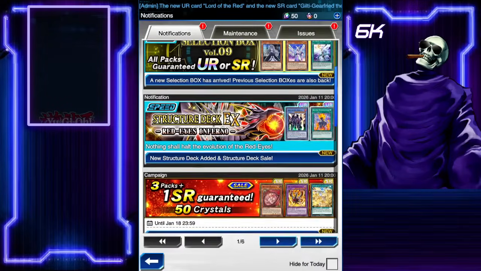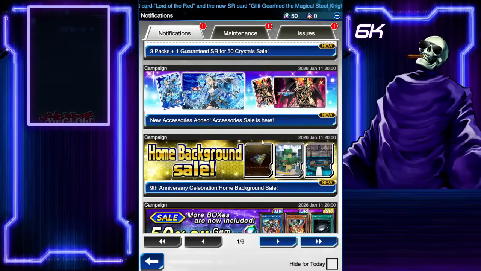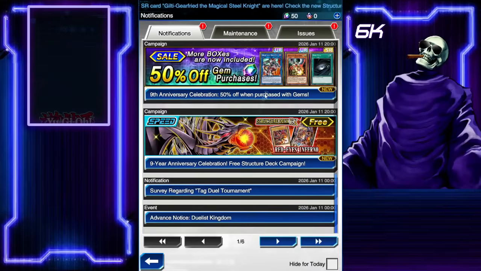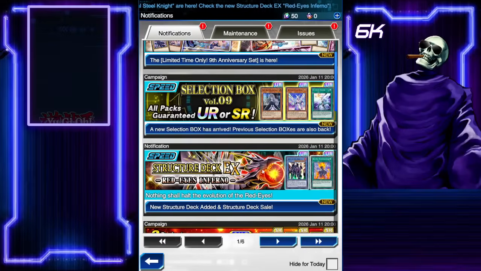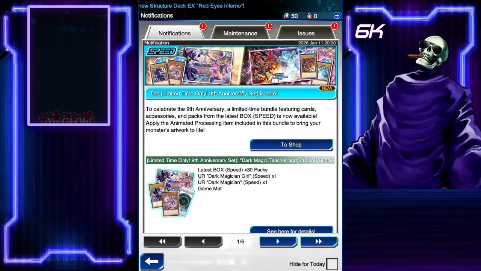Let's see, so what's the deal? Okay, we can get Dragoon Magician sleeves from the thingy. New Red Eyes structure deck with new Red Eyes art. That's cool. Structure deck, selection box, and okay,